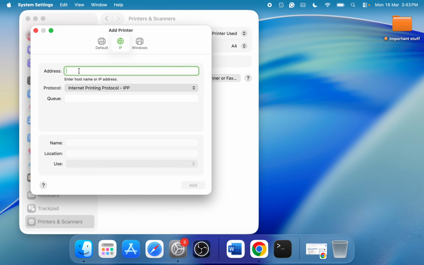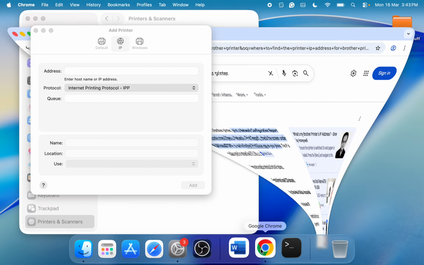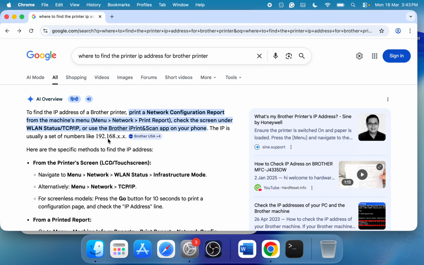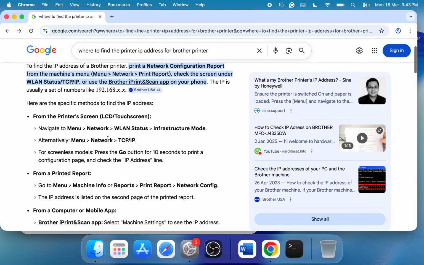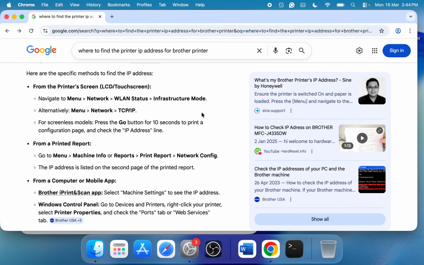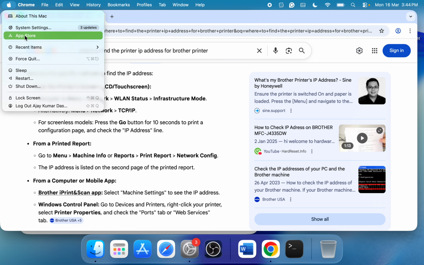Now you can get the printer's IP address from the network configuration. You can search in Google and you can find the network IP address, your printer's IP address. You can search in Google and you can get it from the printer screen. And then once you find the IP address of the printer,